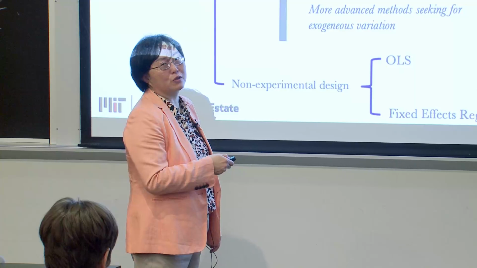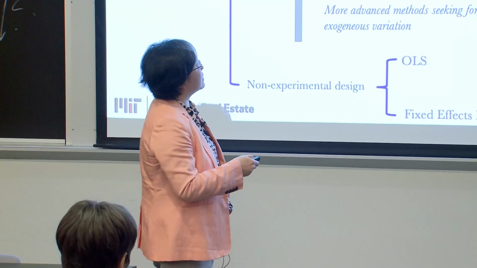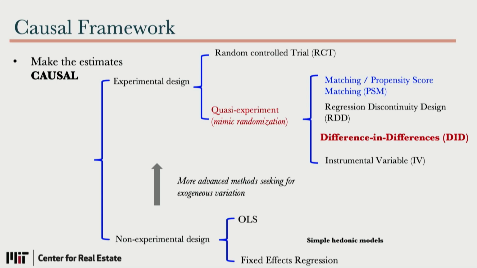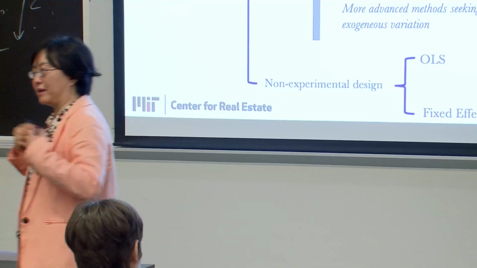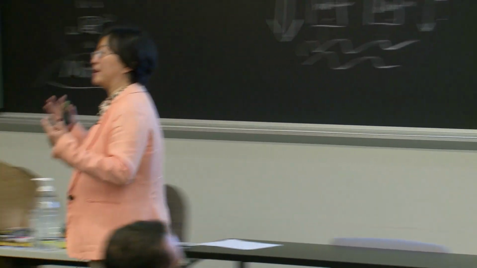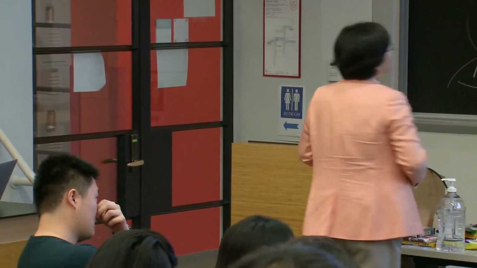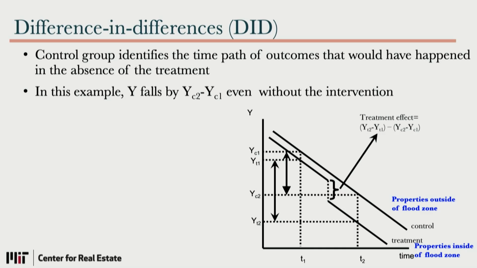And instrumental variable is so sophisticated. RDD, later I will touch a little bit on this. And then you know the golden thing is the experiment. But not everyone is lucky enough to run an experiment, right? But if you do an experiment, that's the best. So now you understand the big picture.